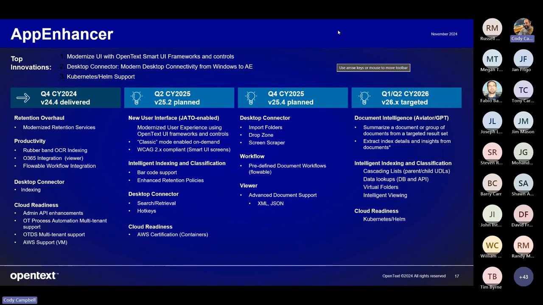There's a question about licensing and pricing for these new features. For example, the intelligent indexing. Would those incur additional license costs, or are they all covered in the normal license agreement? So, for example,